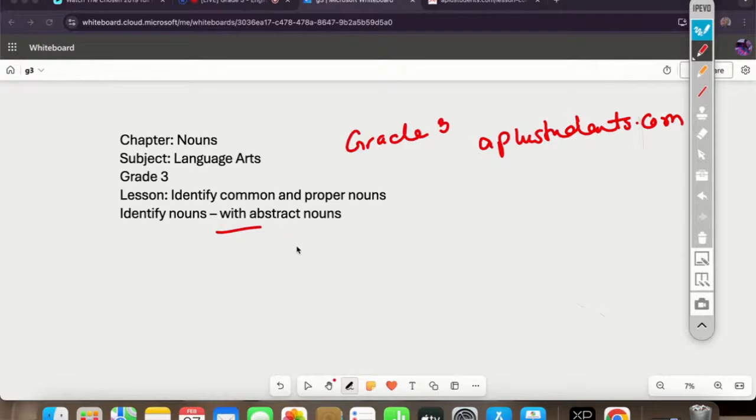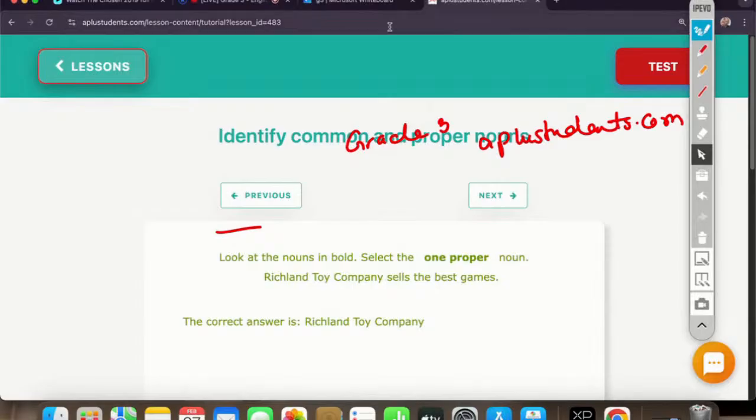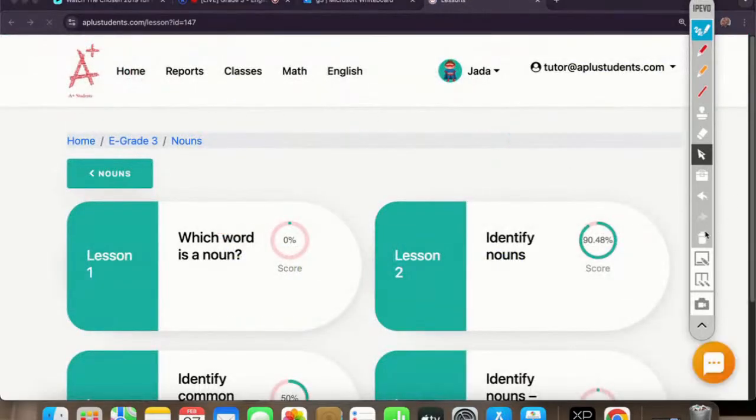Identify nouns with abstract nouns. Lesson is identify